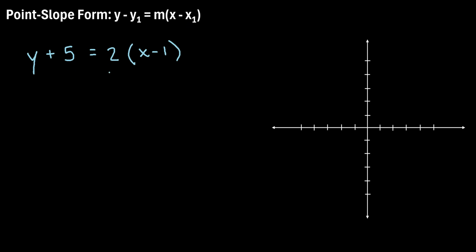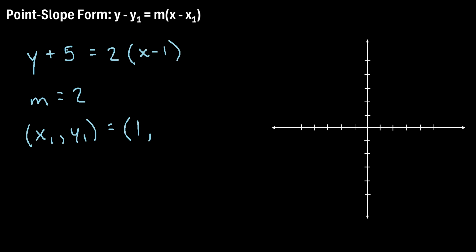So let's identify our slope in this equation first. That would be the 2 right here, the number out front in front of the x minus 1. So we'll say m is equal to 2, that's our slope. And now the xy coordinates of some point on the line, that's just x1, comma, y1. So in this example, x1, that's the number that's being subtracted from the x. So we can see we're subtracting a 1. So we'll write a 1 for the x1,